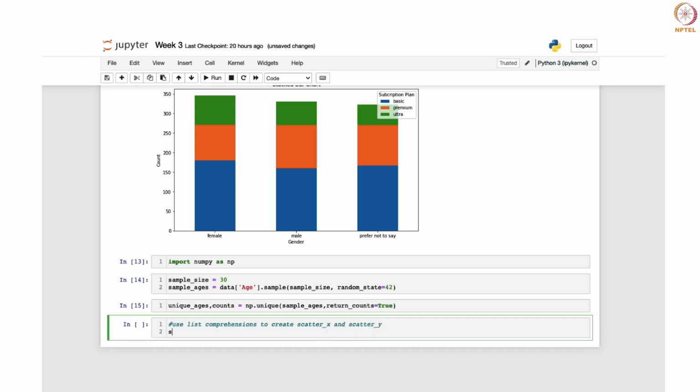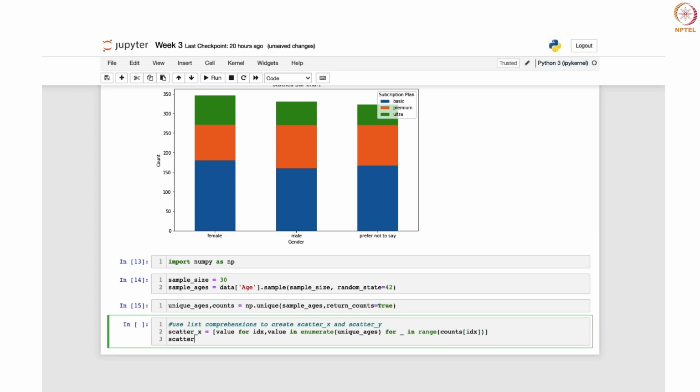So let me first write scatter_x equal to value for idx, value in enumerate unique_ages, for i in range counts[idx] over here,